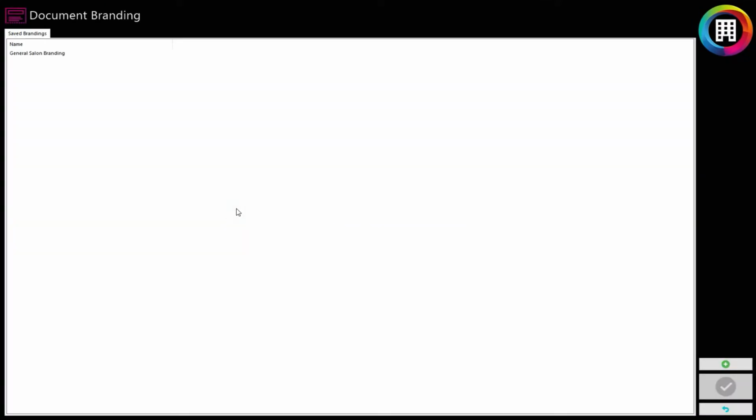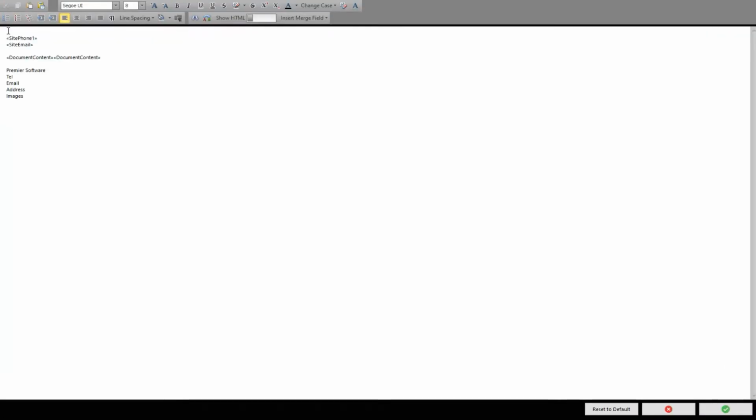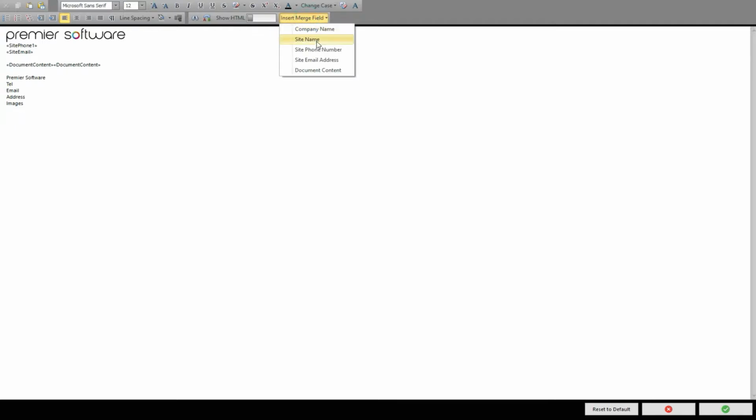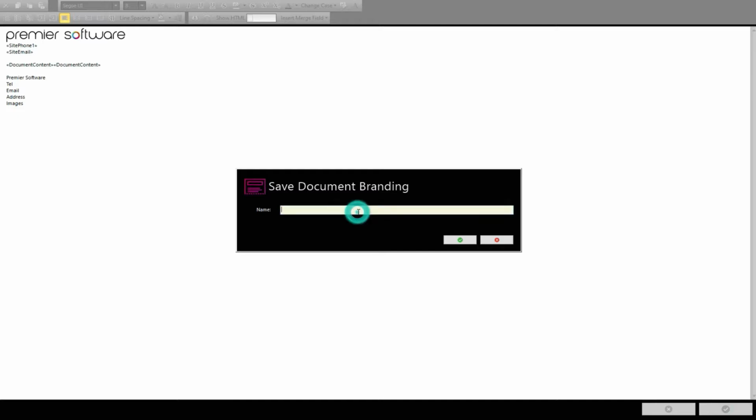Click this, then the green plus. This will be where you can set your logo and general contact details for your salon or spa. If you have an image file, make sure you copy your logo and click the paste button to insert this into your document. You can also use the Insert Merge Fields button to insert important details such as your company name and telephone number at the bottom of every email or letter. This functions much like Microsoft Word, so the buttons are to set your copy, font, alignment, and any other details. When you are done, click the green tick and name the template to something recognizable.